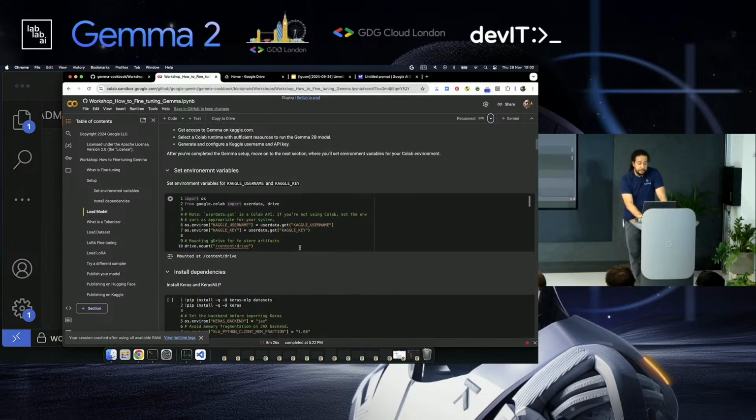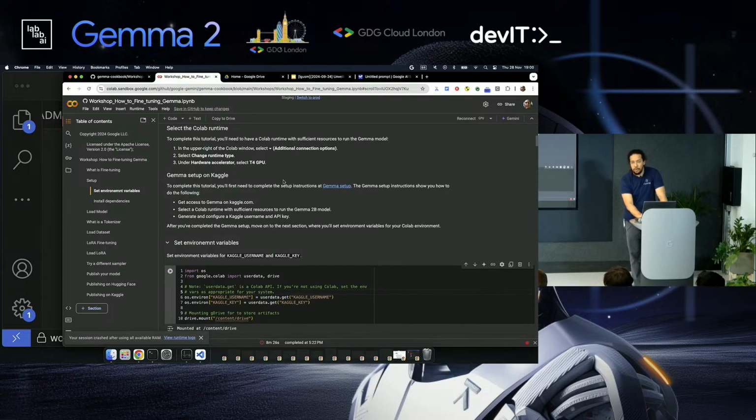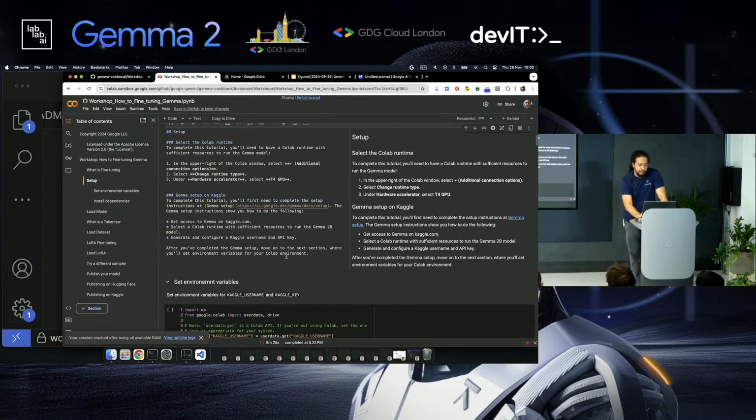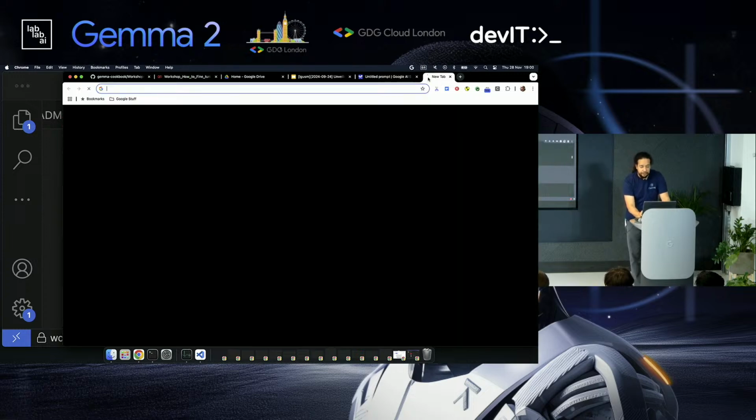Setup. If you come to this first cell, there are two kinds of cells on Colab. There are text cells like this that you can edit, and there are code cells. Code cells you run on the VM. I've run everything, and I'm not going to run it again because some cells take a while. What's happening here is I am using a Kaggle username and a Kaggle key. Where does it come from? If you go into Kaggle,